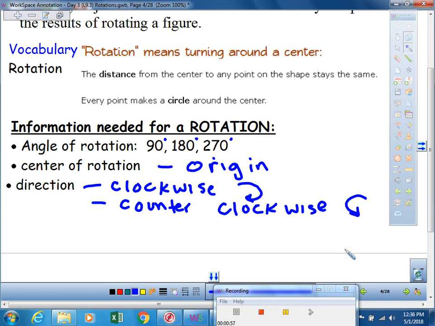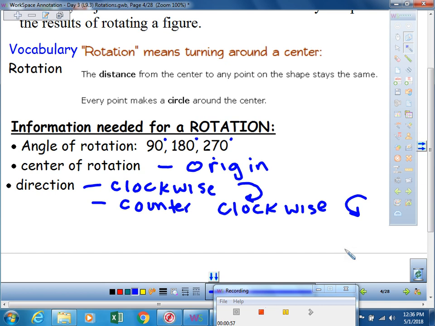If we have a clock, we're going to look at 12, 3, 6, and 9. So your paper is going to start off in the 12 o'clock position, where it looks normal. And then you're going to make a quarter turn to the 3, and that would be 90 degrees clockwise. Now, I'm using abbreviations on here, but on your homework for the rule and words,